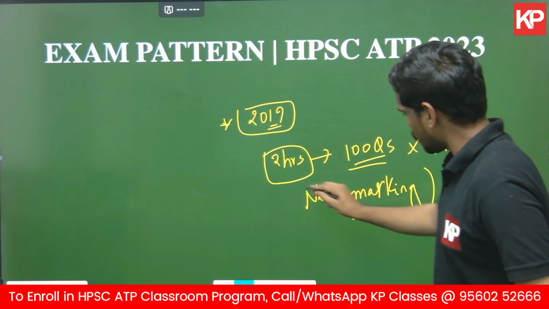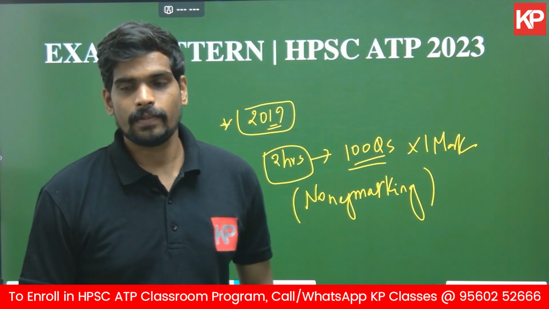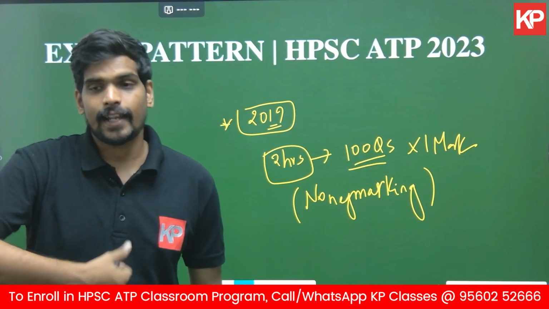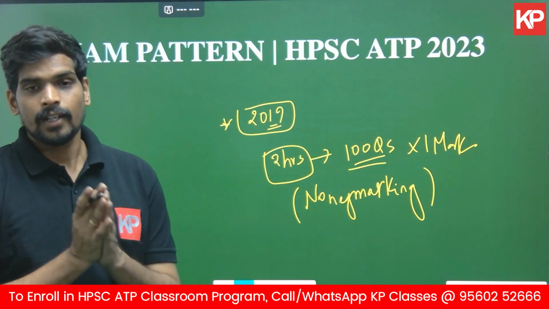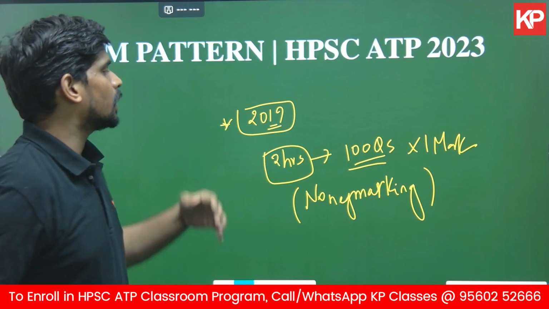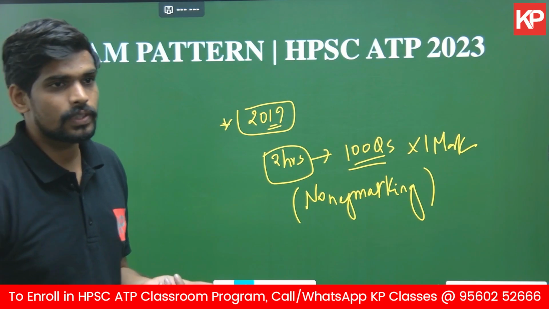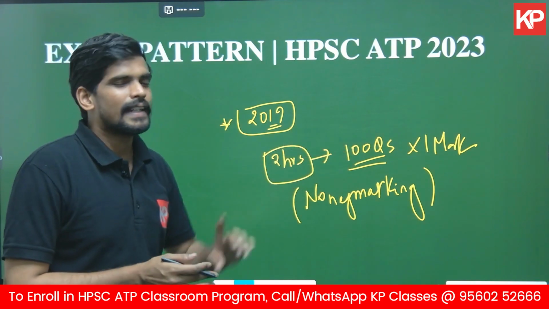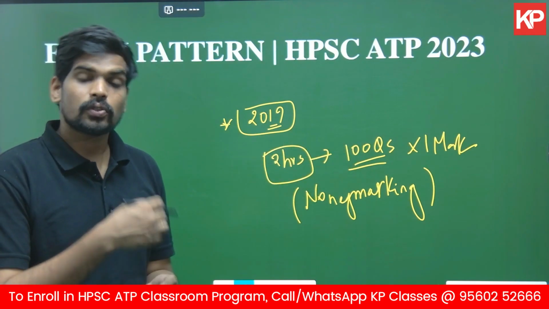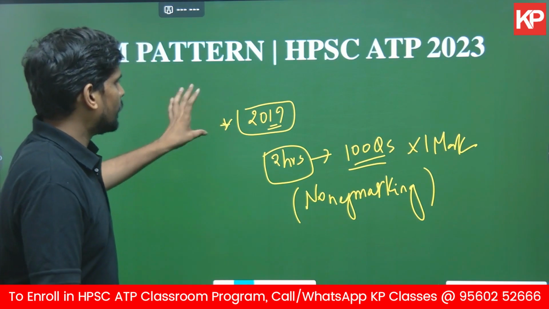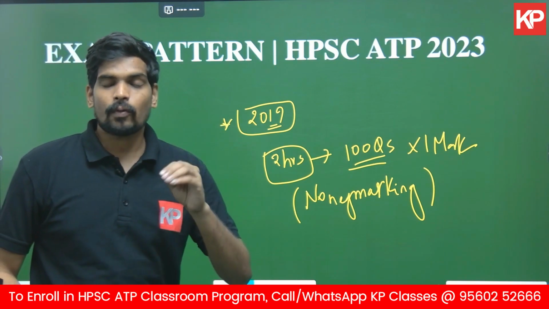It is very much possible that a similar pattern would be followed even this year. There could be minor changes. In the 2019 examination, general aptitude was not a part of the syllabus. It is possible that they add general aptitude and reasoning, or general awareness, to the syllabus. They could increase the number of questions from 100 to 120. Such minor changes are very much possible. But I thought I'll give you an input as to what the pattern was the last time.